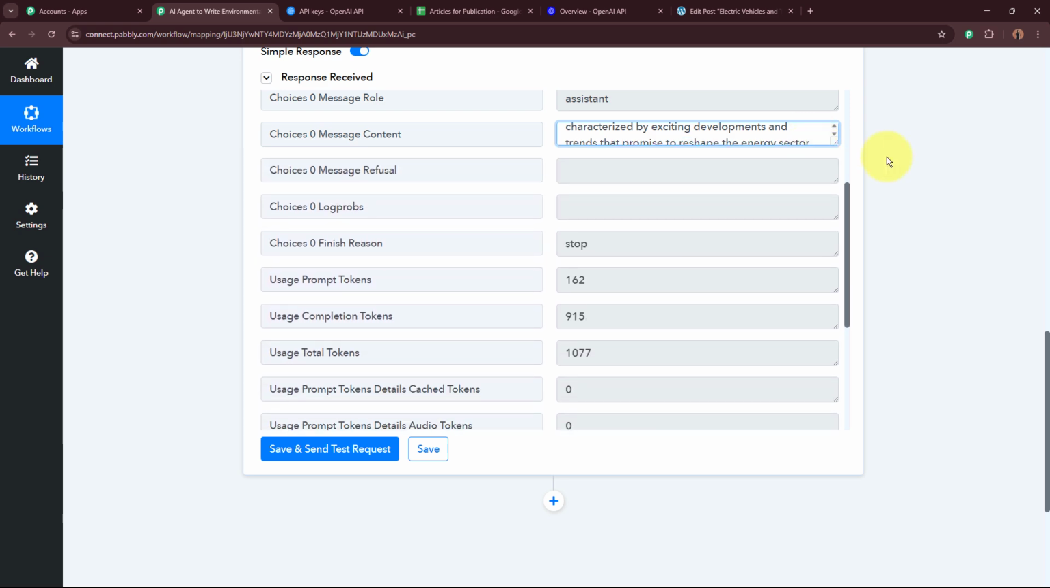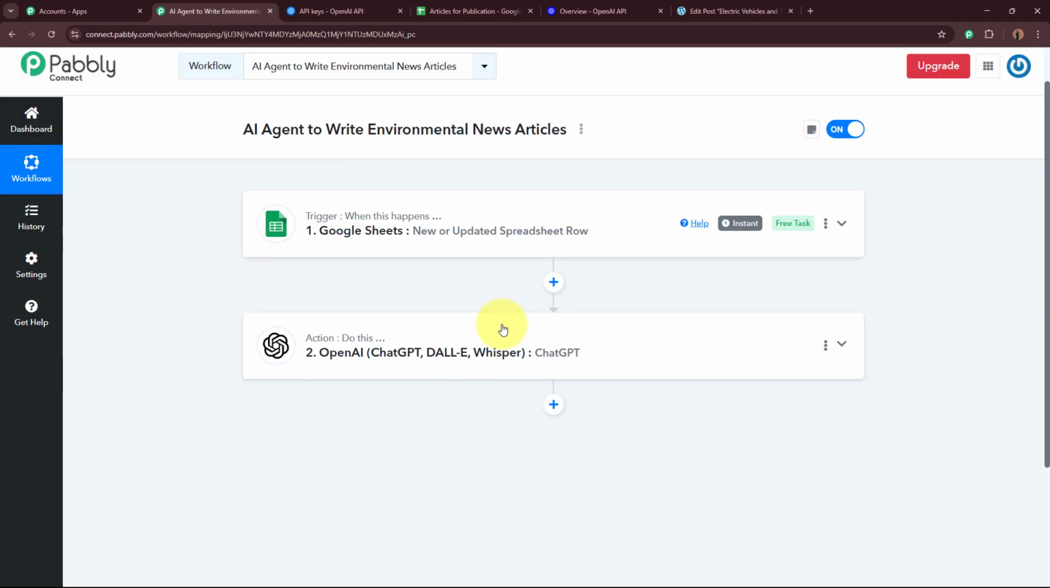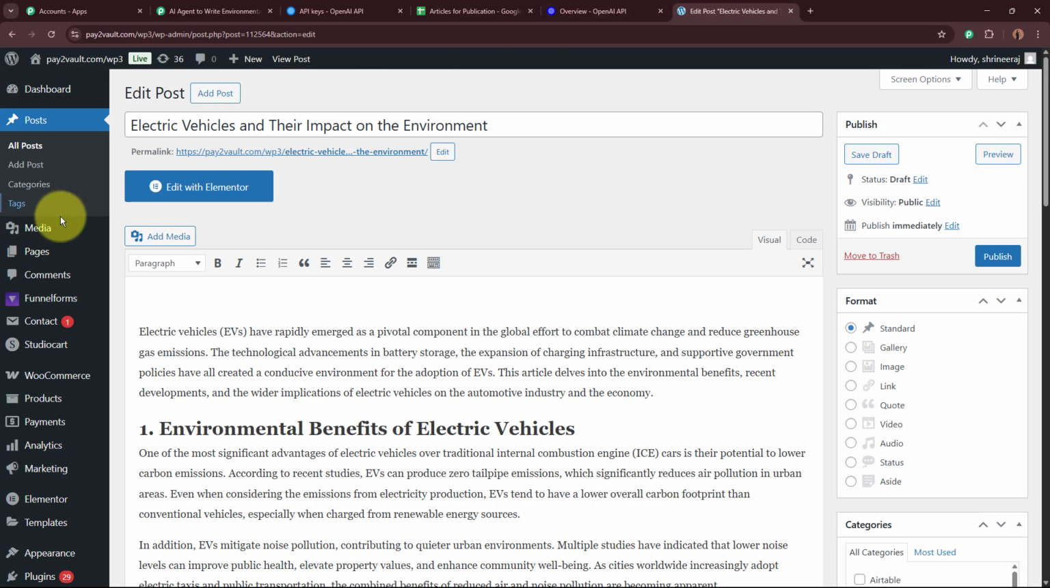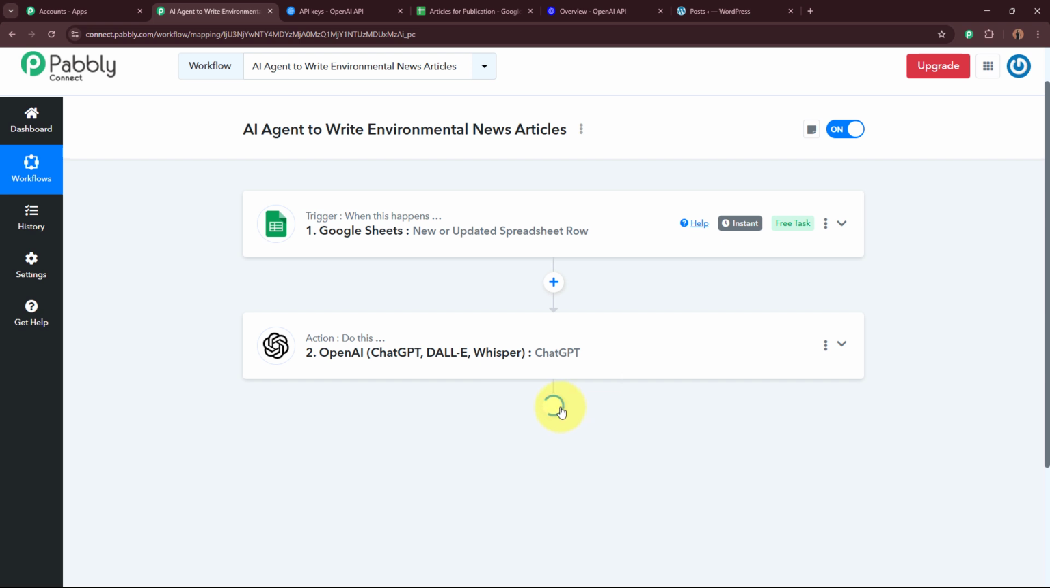Now this article is automatically generated by an AI agent. What I want is to publish this article as a post in my WordPress account. So to publish this article as a post in our WordPress account, I'm going to add an action